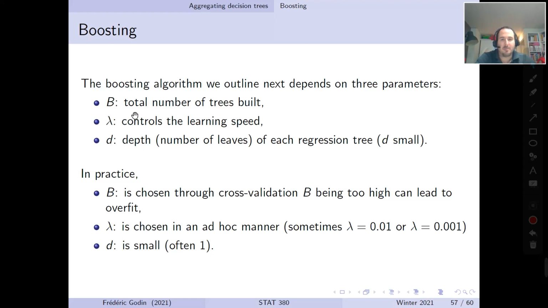Capital B is in practice chosen through cross-validation. Here we need a discussion about this. If you use bagging, the larger B is, the better it is. You cannot have a B that is too large in bagging. The larger B is, the more your variance is reduced for predictions, and this does not create issues. Conversely, for boosting,